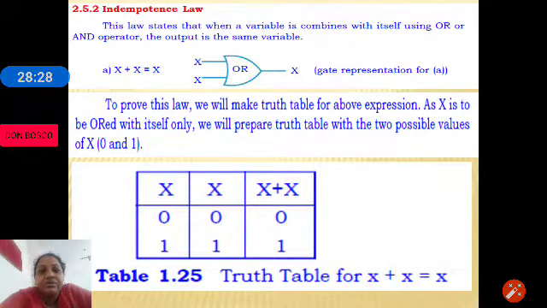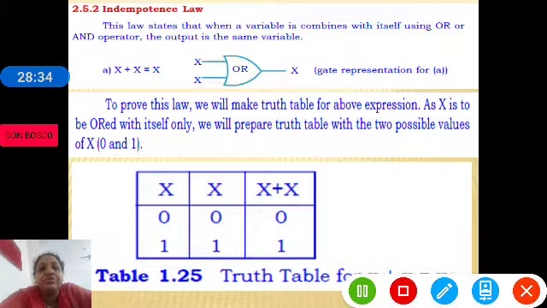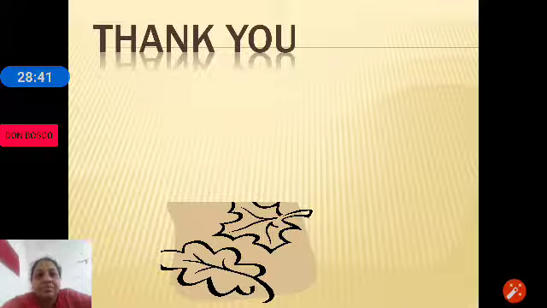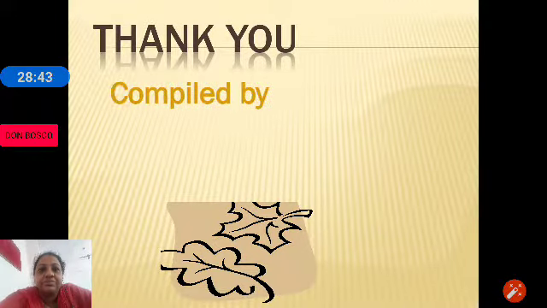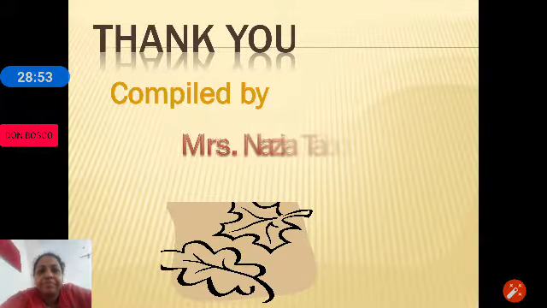Hope you have understood, and kindly write down the theorems and try to prove the Boolean theorems by yourself by substituting the values. Copy the steps for the first theorem. The rest of the theorems kindly prove by yourself.